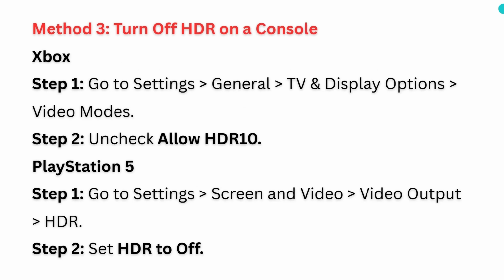Method 3. Turn off HDR on a console. On Xbox, follow the below steps. Step 1. Go to Settings, select General and then select TV and Display option. Select Video modes. Step 2. Uncheck Allow HDR10. For PlayStation 5, you can go to Settings, select Screen and Video, then go to Video Output